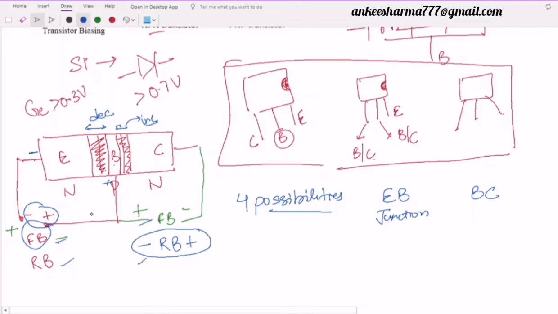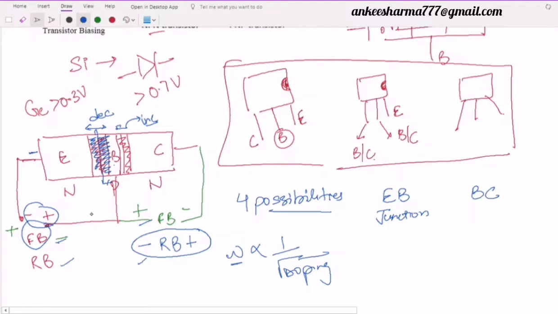If we see here, this width, as we have studied, is also inversely proportional to the under root of the doping. It means whenever we have high doping, definitely in that scenario the width will be small. So if I see here, the emitter is highly doped in comparison to the base, definitely the width, if this is my center, will be small in the case of the emitter and it will be large in the case of the base. It will be more penetrated inside the base.